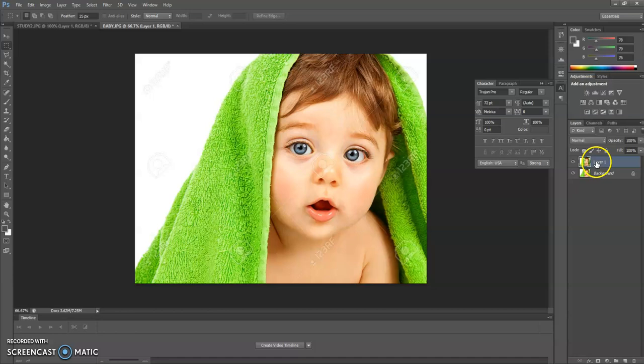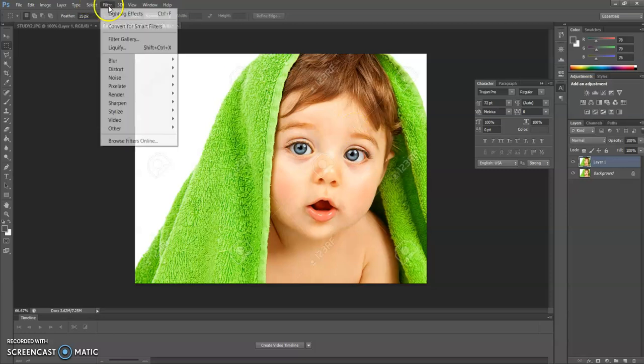Then I only want to focus on the baby, and I don't want it to be too bright, a little bit realistic. So again I'm going to filter, and I'm choosing the render lighting effect.